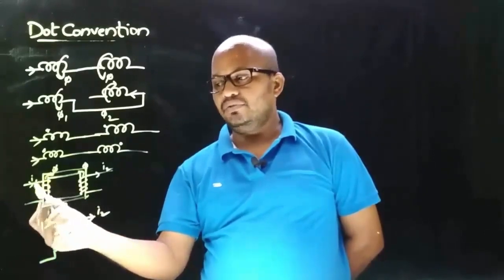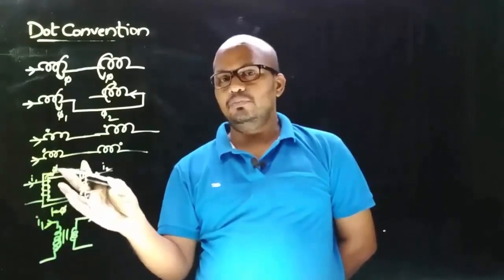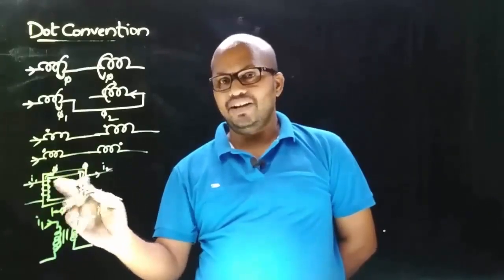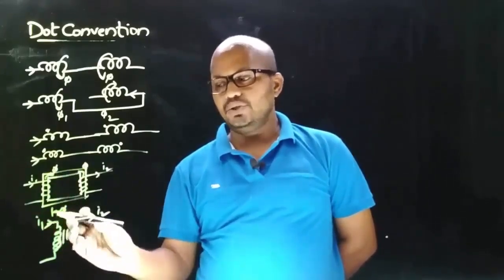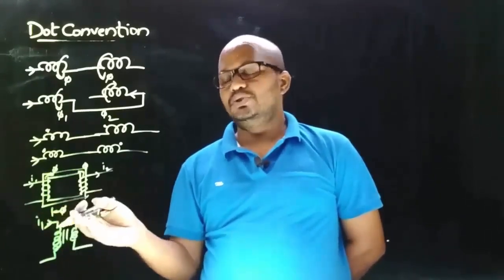Here the sense of the winding was clockwise, so we could find the mutual induced EMF because we knew the winding sense. As we have no information about the winding sense here, we can't find the mutual induced EMF